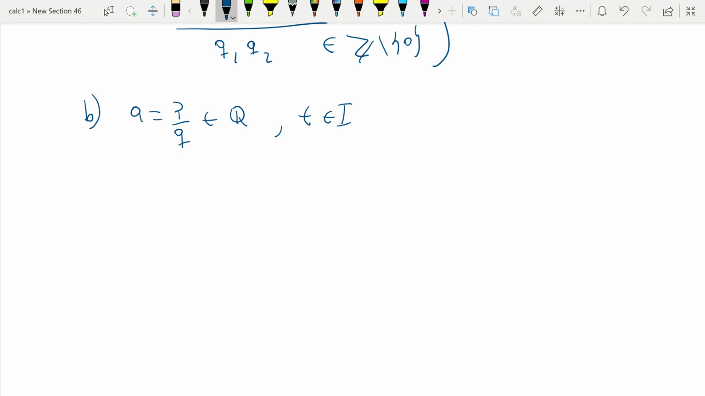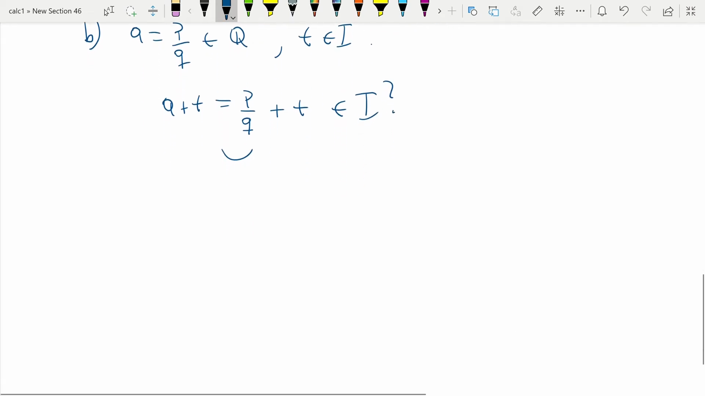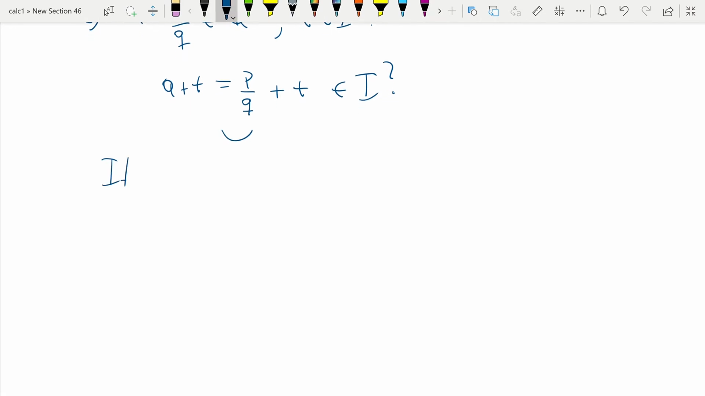So what can you say about A plus T? A plus T is some P over Q plus T. In fact, you don't need to use this information yet. You can simply appeal to part A. But I want to show you exactly how this works. So this is supposed to be irrational. Well, is it? Well, if it were a rational number,